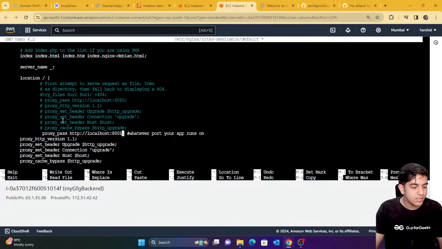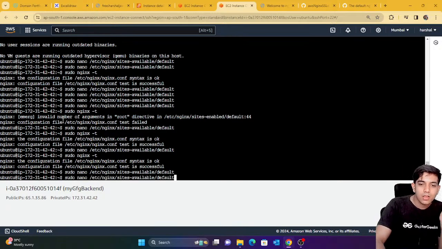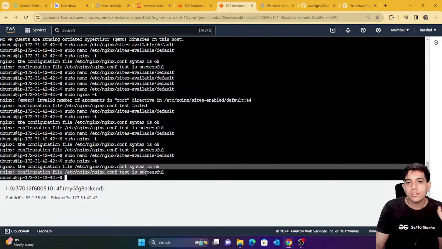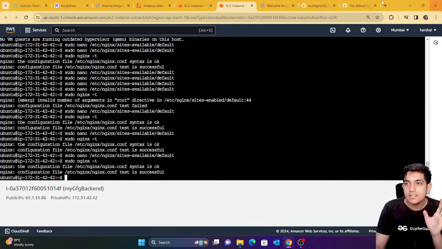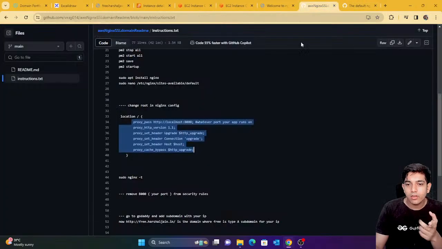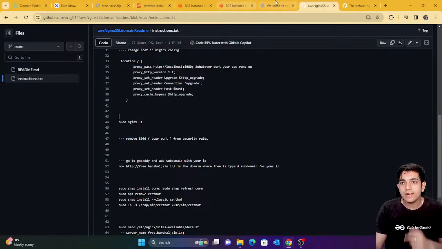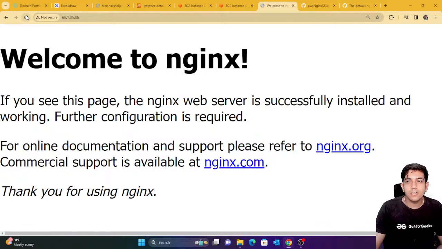Now if I press Control X, Control S for saving, Control X for exit. Now if I check the file again by typing sudo nginx -t, it would mention that everything is okay. So now you can see syntax is okay. Since syntax is okay, now I'll go back to my readme file, and I'll test this. So now if I just refresh,